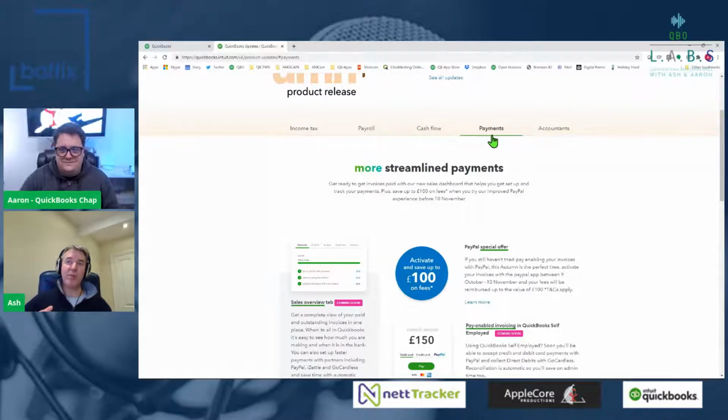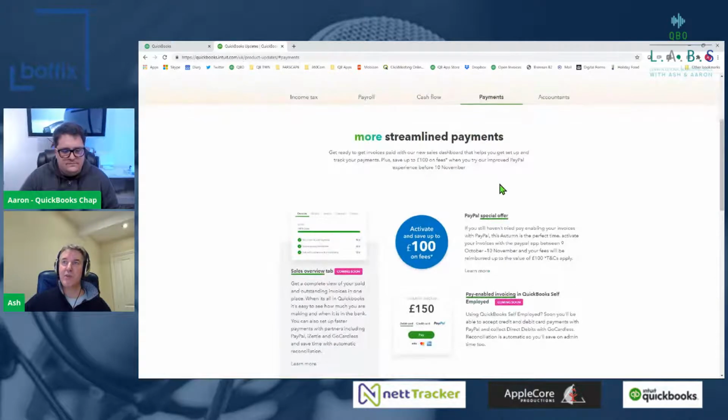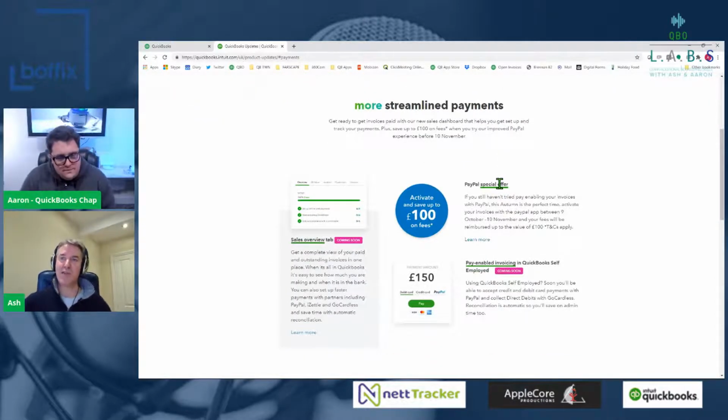Payments, quite a big one here, as Aaron and I discussed last week when we were talking about what to chat about today. Within QuickBooks Self-Employed, I don't know if there's actually any apps that connect to QuickBooks Self-Employed apart from now this one. Previously, if you wanted to collect PayPal payments, you had to use QuickBooks Online, the main product.